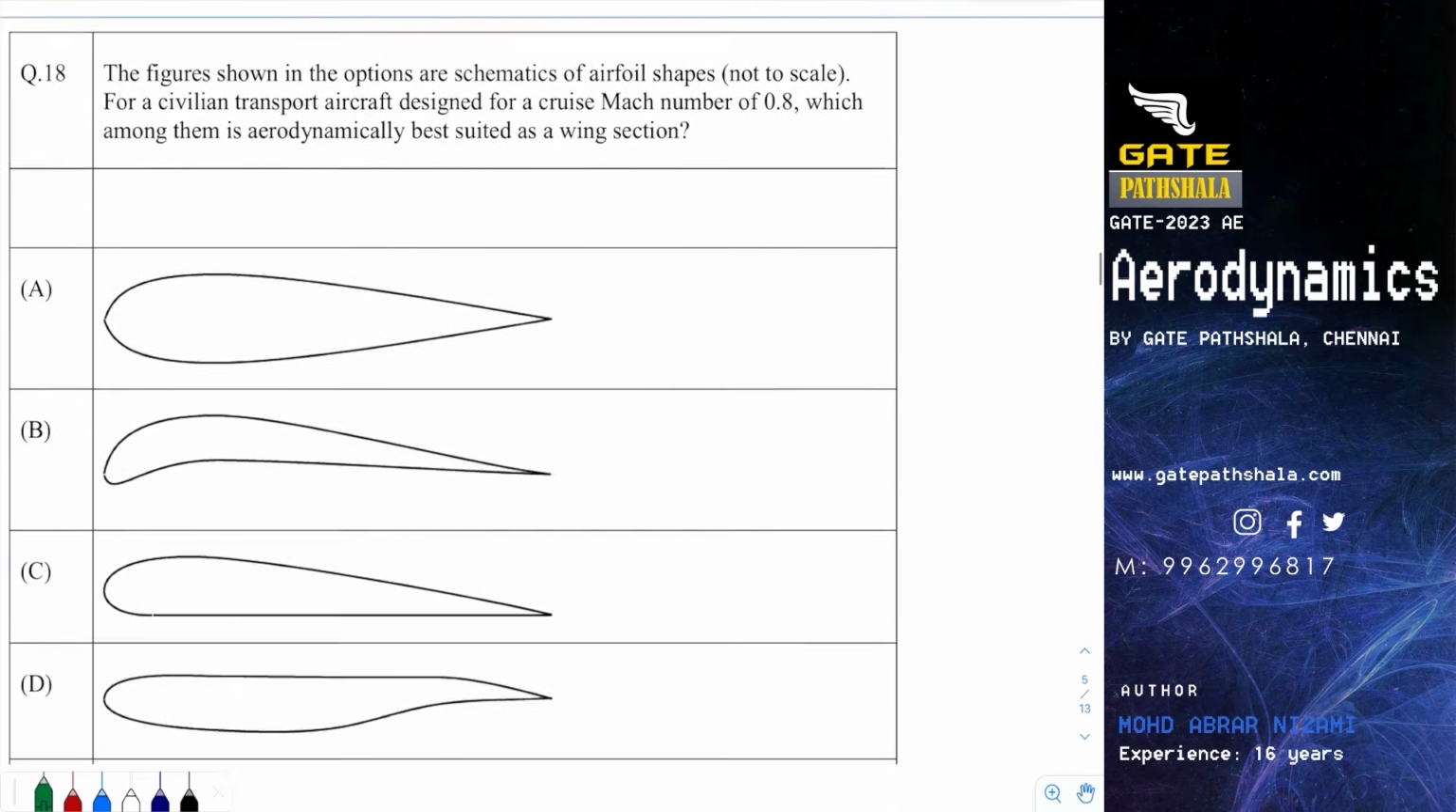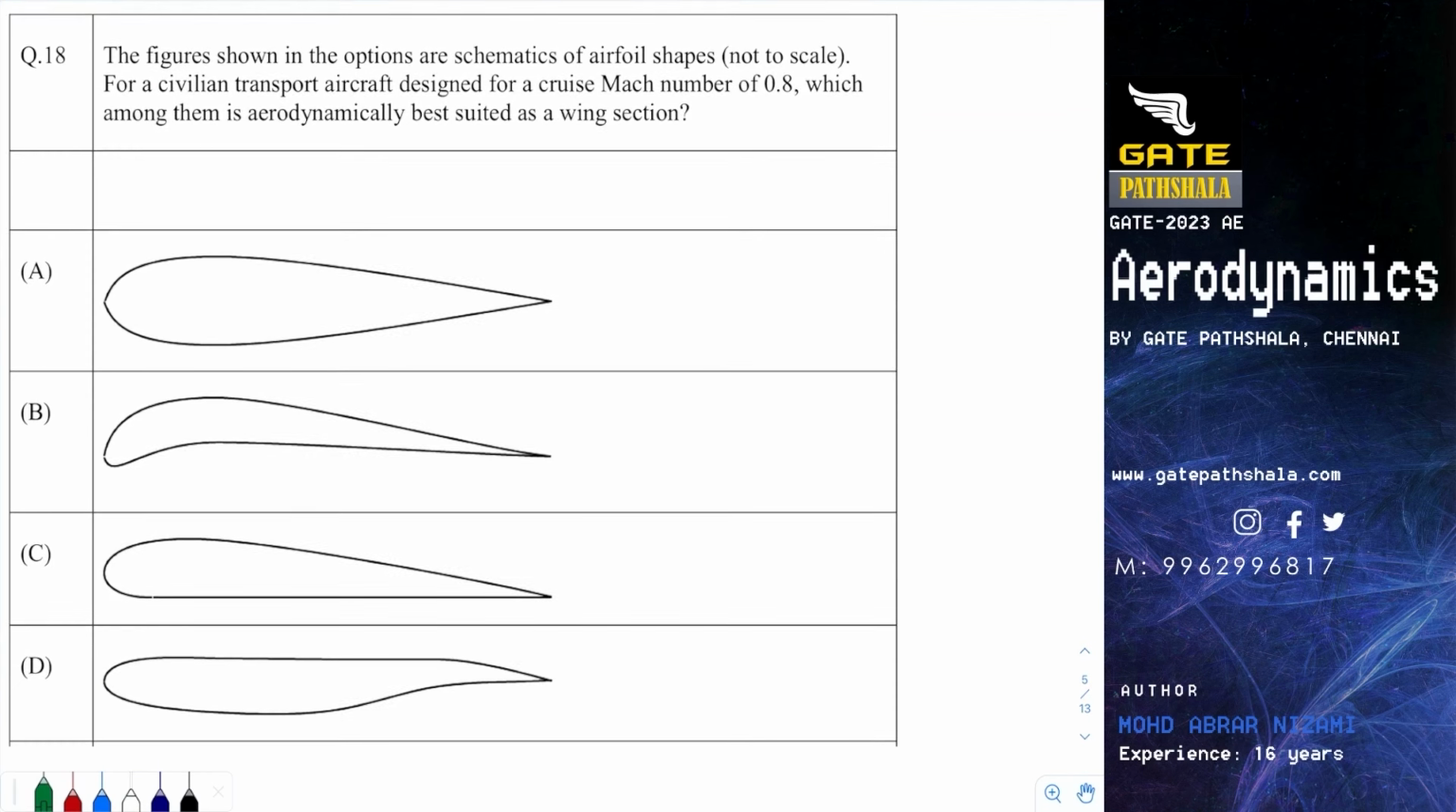Then let's move on to the next question. That is question number 18. Okay. So the figures shown in the options are schematics of aerofoil shapes, so obviously they are not to scale. So for a civil transport aircraft designed for a cruise Mach number 0.8, which among them is aerodynamically best suited